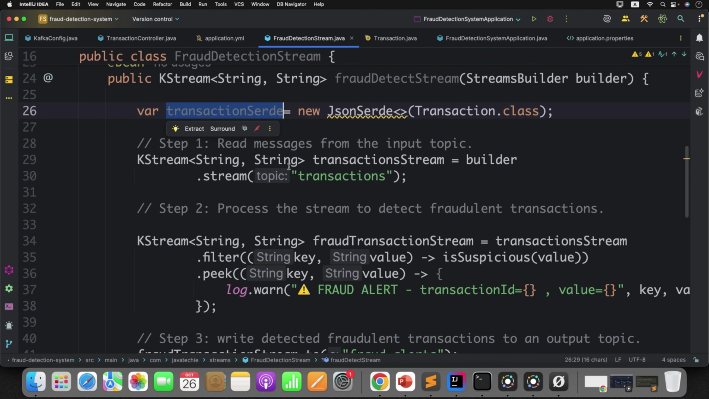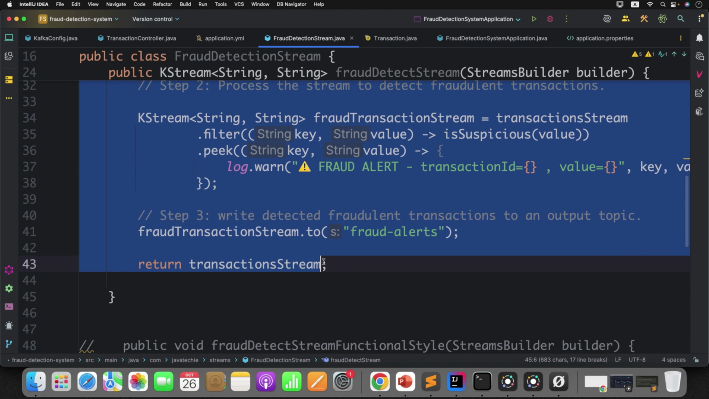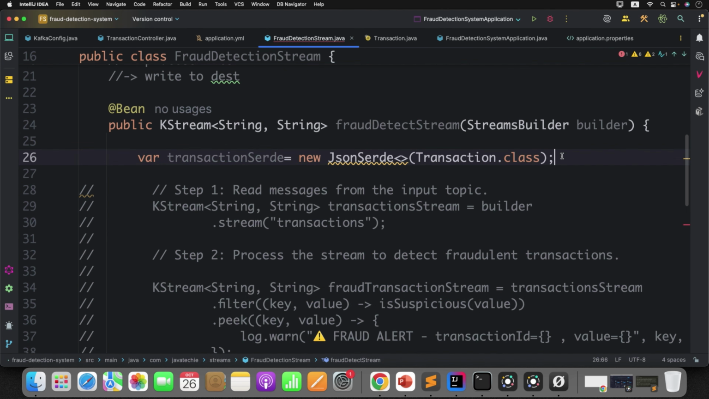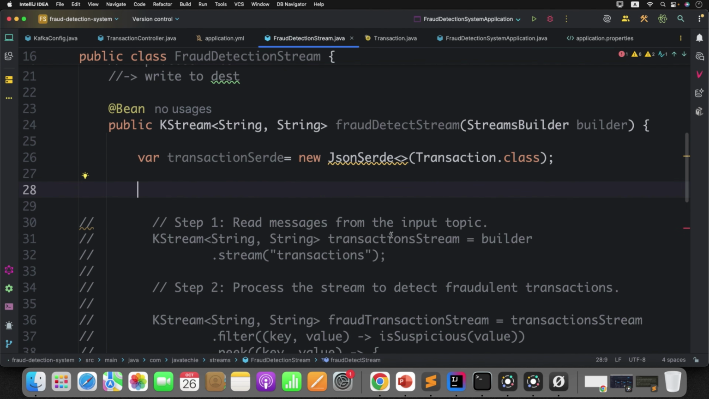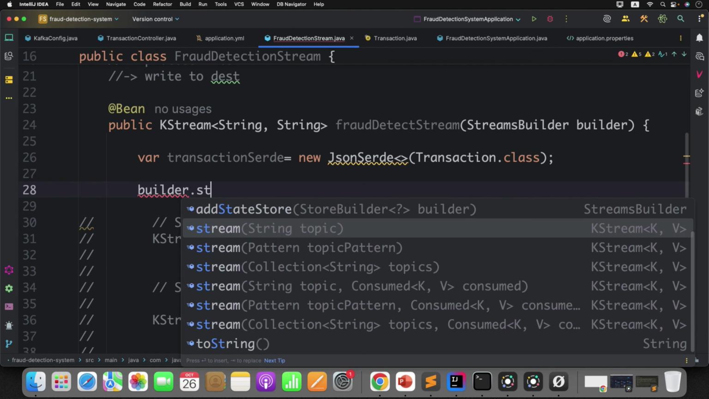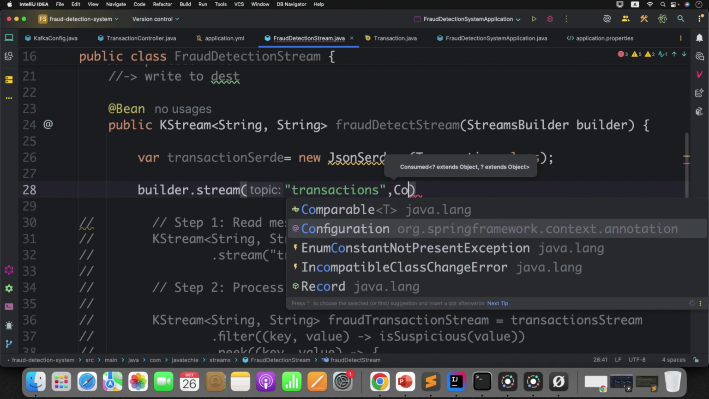Okay, so I'll just comment out this whole code. We'll also use the functional style of coding using Java 8. At the first place, what is our task? We need to read from the input topic. So I will use builder.stream and give the topic name, transactions. Then, which type of input and output are you getting? Key as a string, value as a Transaction object. So you can define Consumed.with,